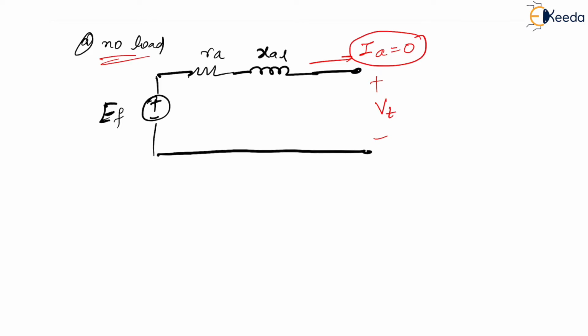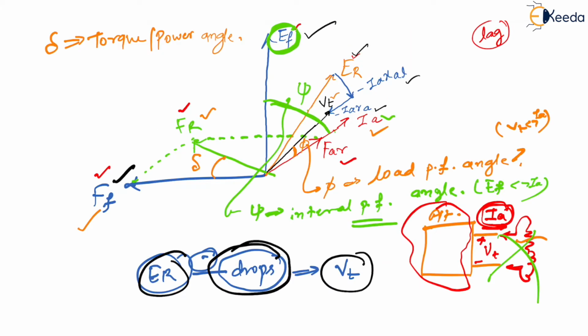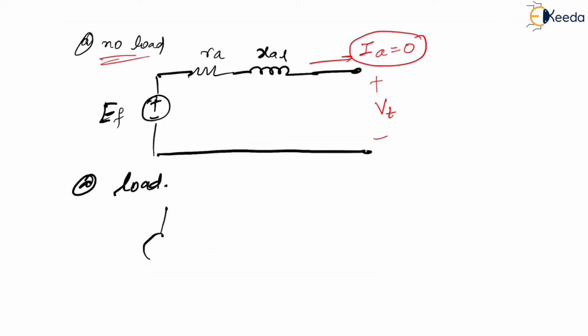Now what happens at load is very, very interesting. We'll see why it is interesting also, don't worry. Please tell me what is the induced voltage at load condition. When you have load, which means you have got IA, because of that you have got this FAR. Because of this FAR and addition with FF, you have got this FR, correct? And because of this FR at load, you have got EMF to be ER, which means now rather than EF, you will be having ER. Getting my point? And the rest of the things are the same.